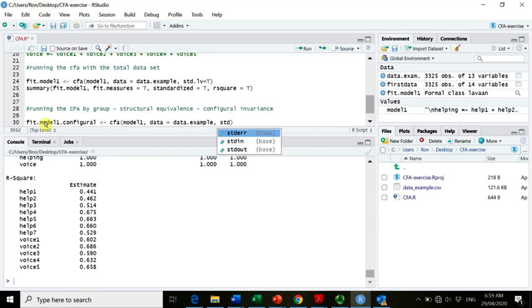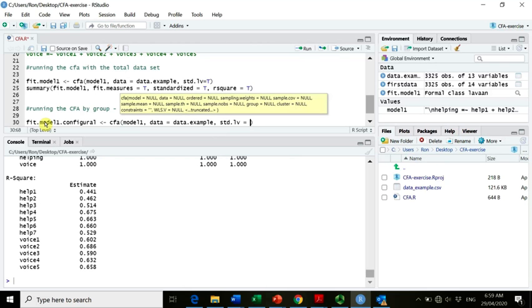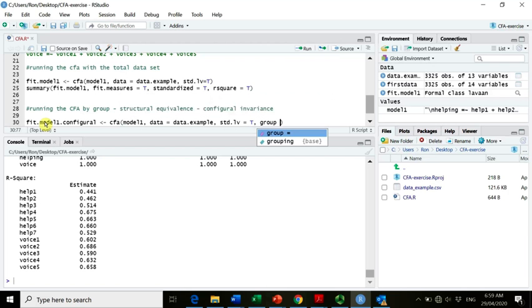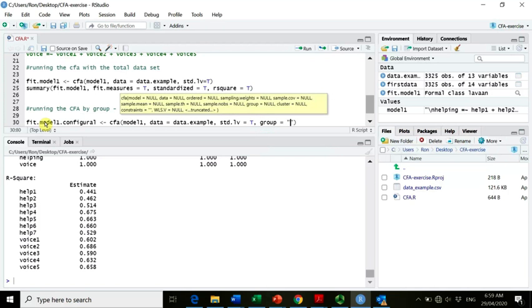Let's go with standardized variable equals true. And then what we want to do now is we want to basically say what the group is. And the group in our case is captured by the country variable here, right? So if we run this,